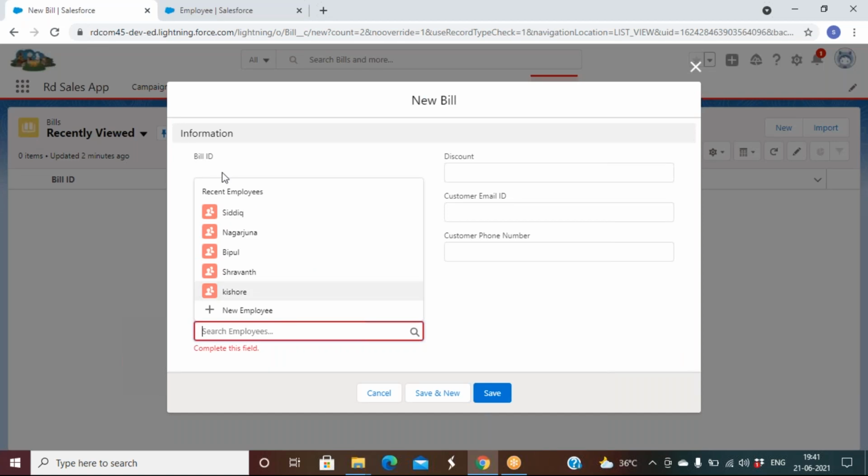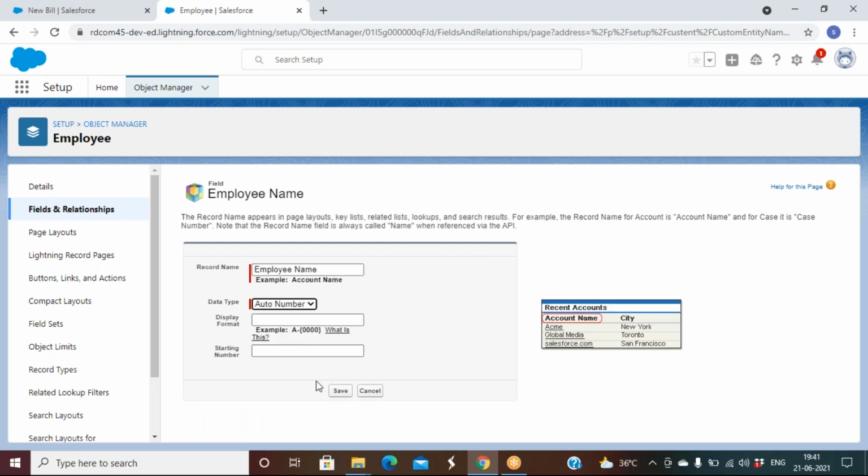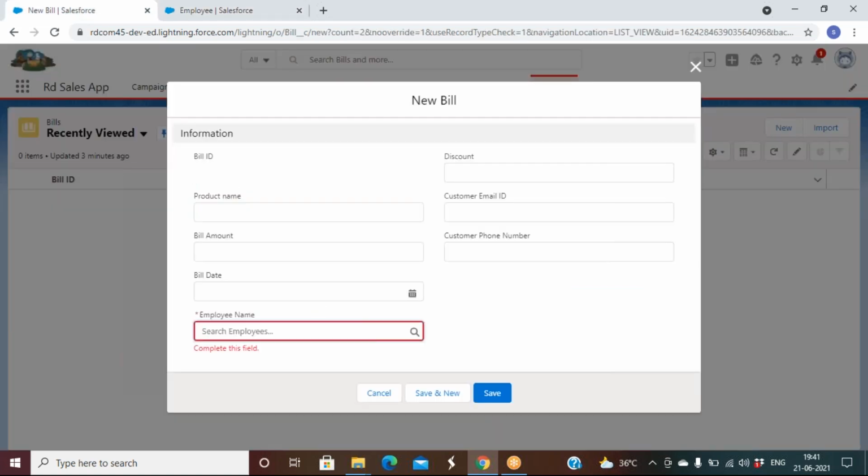So what you did, you changed employee name to employee ID and made it an auto number, and you saved in both the cases, bill and employee. So that's why when you call some other relationship field, it comes as an ID, because you changed it.